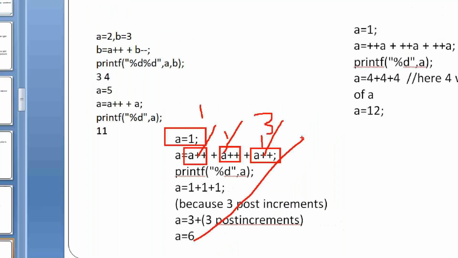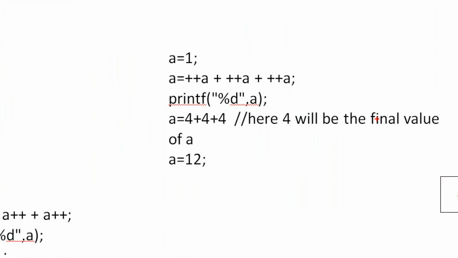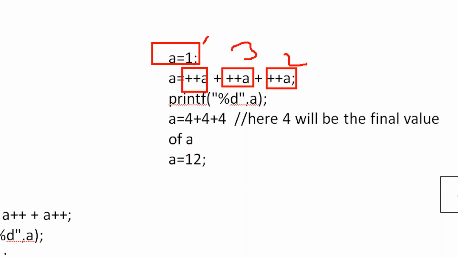Then what about the case of pre-increment? It is quite different here, and in this scenario you will get different answers. It's very important also. See, in this scenario a is 1, but pre means what? First it is incremented to 2, next to 3, and next to 4. But don't say the answer is 4 plus 3 plus 2, it is wrong. Most compilers perform 4 plus 3 plus 2, which gives 7, 7 plus 2, 9, but it is wrong here.